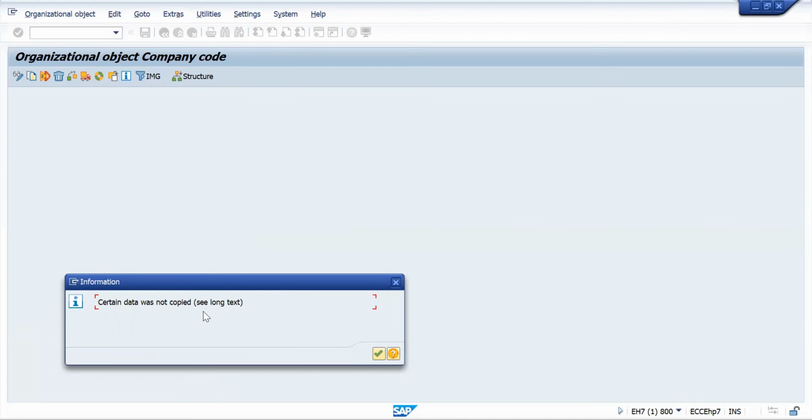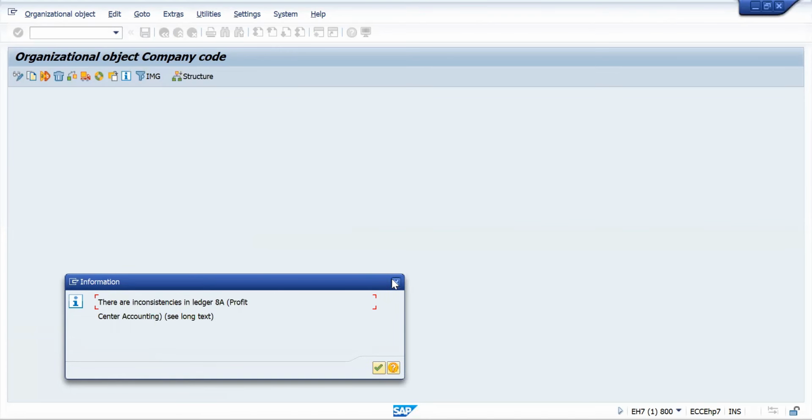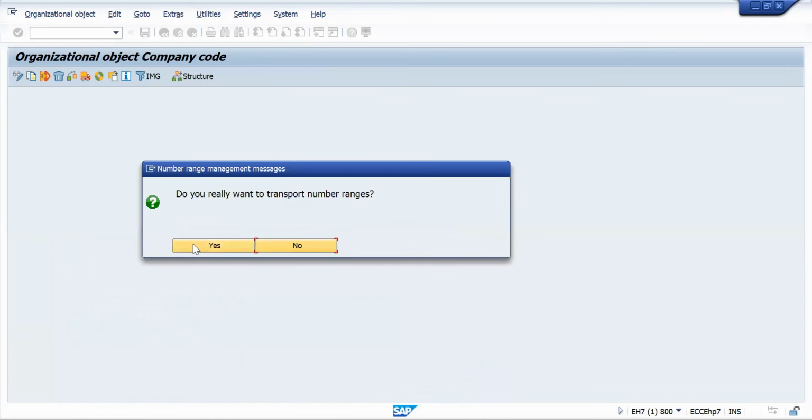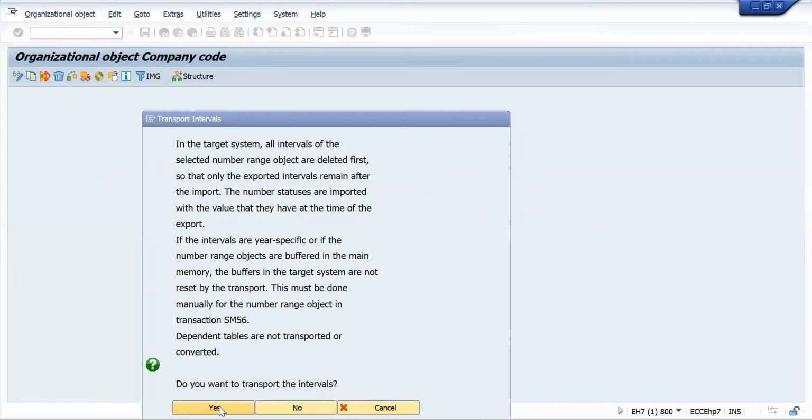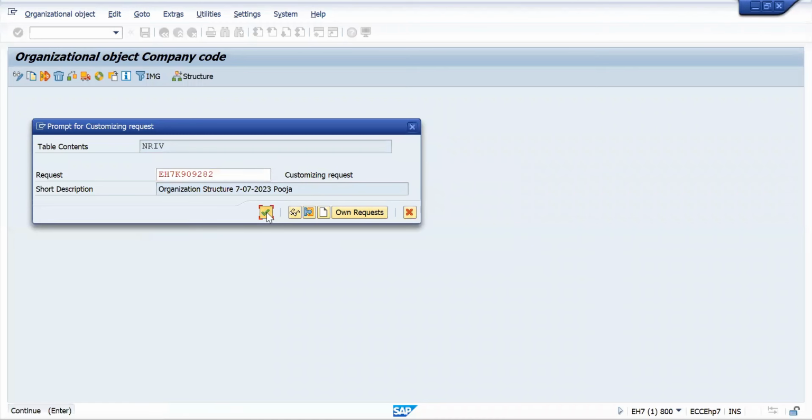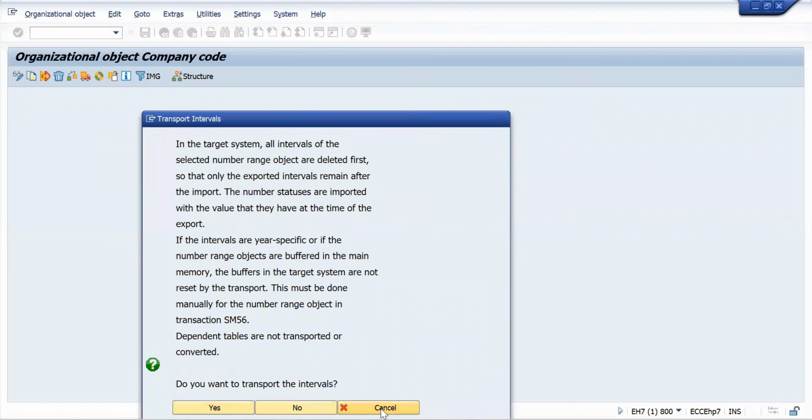ये देखो इन्फॉर्मेशन जब आता है ना, सर्टन डेटा नॉट कॉपीड, मींस वो प्रीवियसली वाला ही ले रहा है। ये देखो, देयर आर इनकंसिस्टेंसी इन लीजर दैट इज रिलेटेड टू अकाउंटिंग पार्ट, ओके। इसमें कॉन्फ़िगरेशंस में बता रहे हैं। क्योंकि प्रैक्टिस सर्वर है ना, कोई भी कुछ भी डाल देता है ना, इसलिए डेटाबेस में सब डेटा कॉपी हो रहा है। फिर से सेम इससे होगा। तो मैं रिकॉर्डिंग स्टॉप करती हूँ, तो वो बहुत लेंदी होता है।